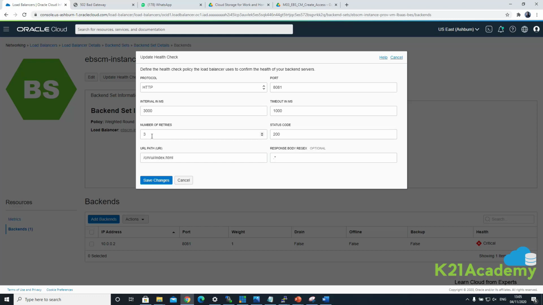And if 3 times this backend service on 8081 is down, then it says not available. Then there is a timeout, and the timeout setting is this, and after a certain time it will check again on this configuration, for my backend service.